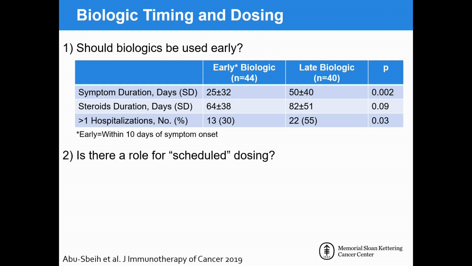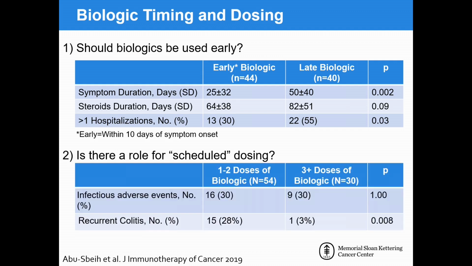And then a second point: is there a role for multiple or what are called scheduled dosing, something that we do, of course, in chronic diseases, but not so much in the traditional oncologic approach here, where these are basically used as ad hoc dosing. So a dose of infliximab here, see how they do, bring them back in a month or 2 for another dose if they need it, if they're failing their steroid wean. But maybe we need to be more proactive about this and facilitate the weaning of steroids and decreasing the rate of complications by giving them a couple doses in a more proactive fashion.